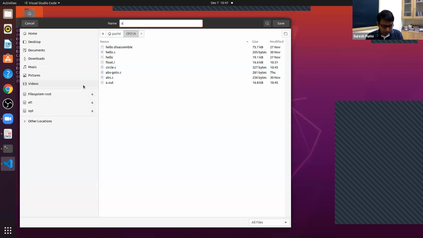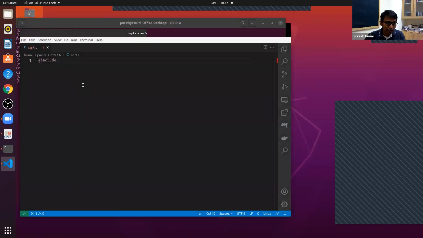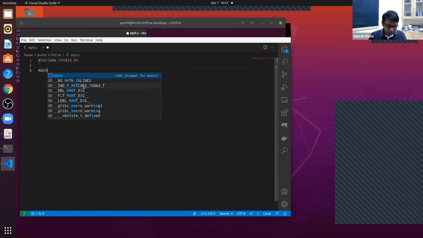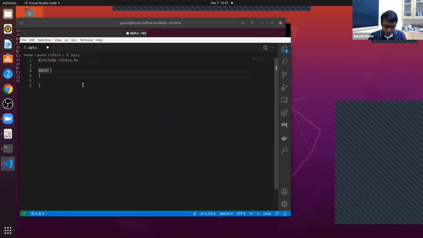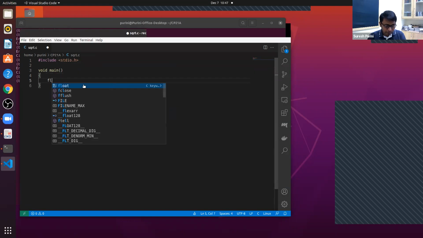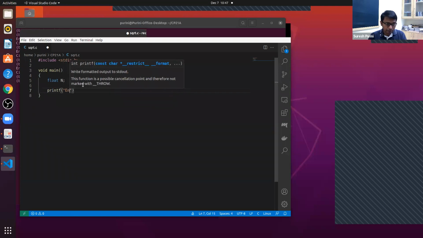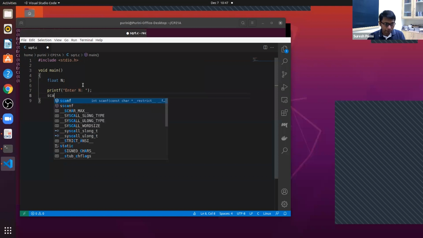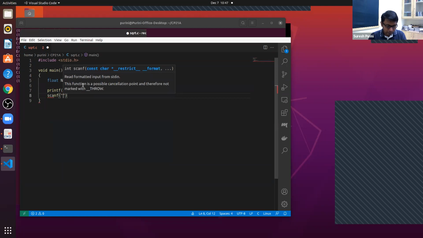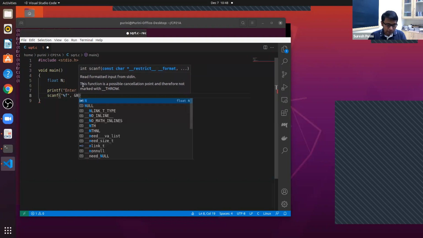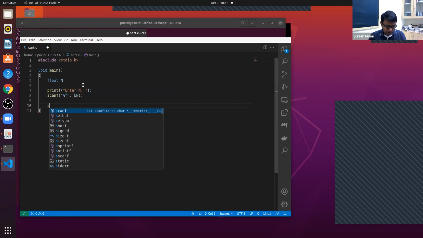So sqrt.c: #include <stdio.h>, main, scanf %f, &n, sqrt n is equal to